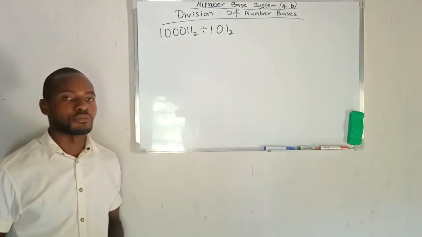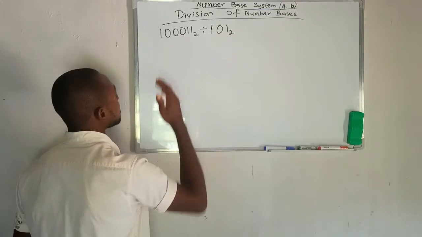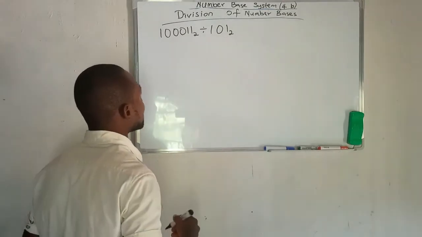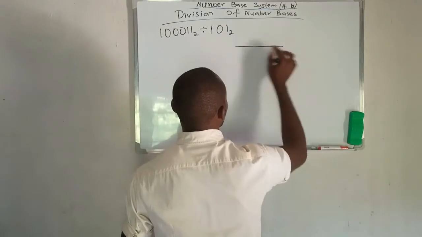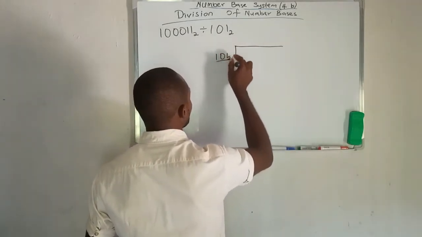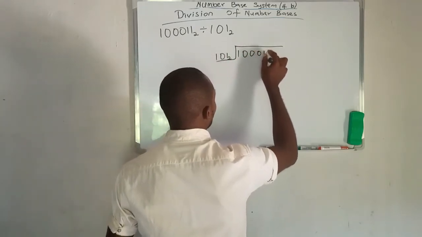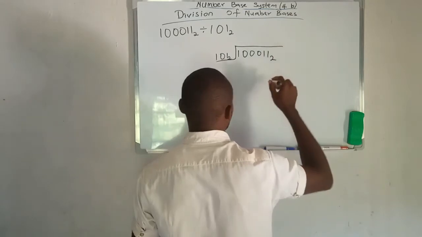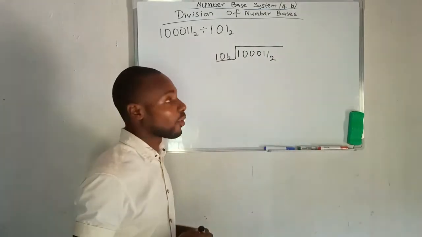In this video we are going to be doing division of number bases, and what we have here is 100011 divided by 101 in base 2. So we have a long division, with 101 base 2 dividing 100011 base 2. Before we go into this, I would like us to write out the numbers in base